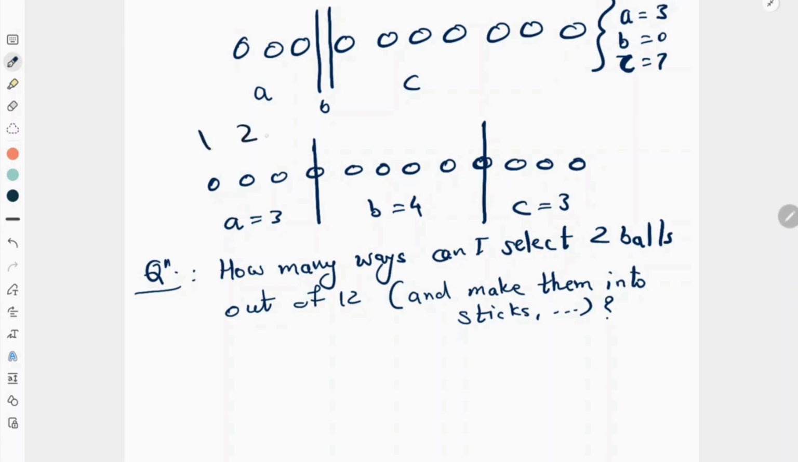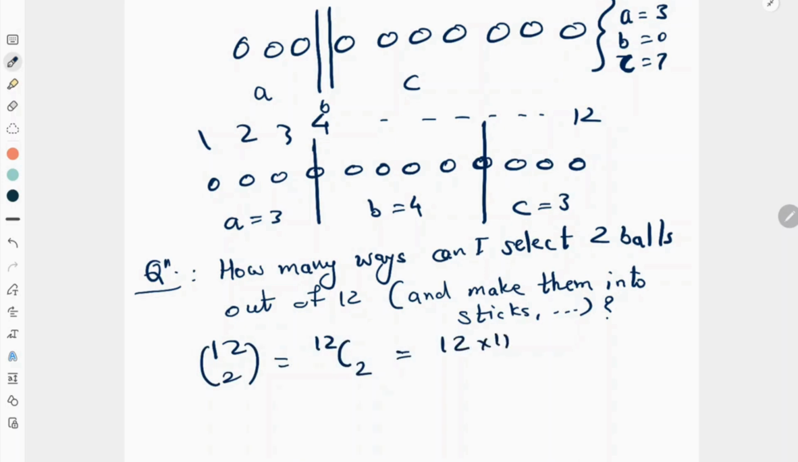I mean, as you can see here, 1 2 3 4. There is no loss of generality. I can number the balls. The identity of the balls is not important, so I can number them. So how many ways can I select two balls out of 12? So that is 12C2, 12 choose 2, which is 12 into 11 divided by 2, which is